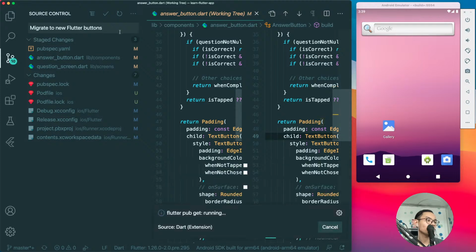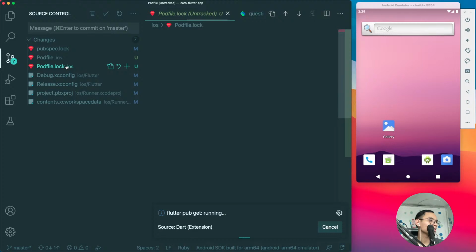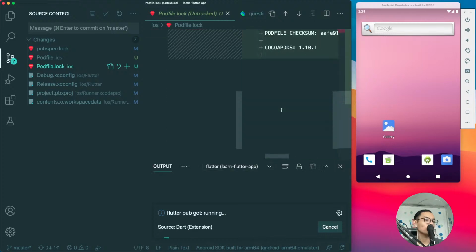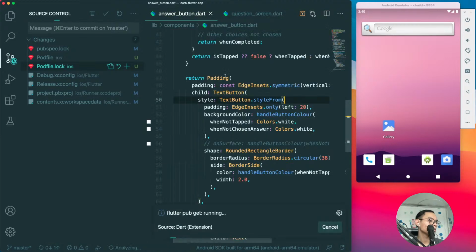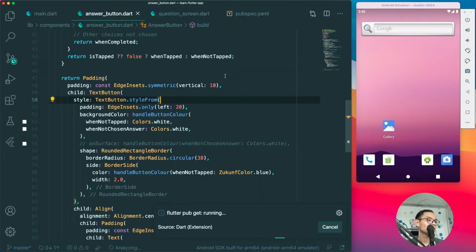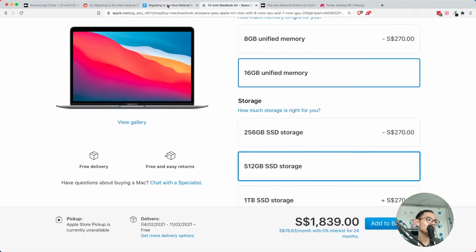Migrate to new Flutter buttons. Go for it. Pod files and whatnot. Sure, why not? Okay. So I guess the next thing, now I'm thinking to go. I mean, I probably want to do this next